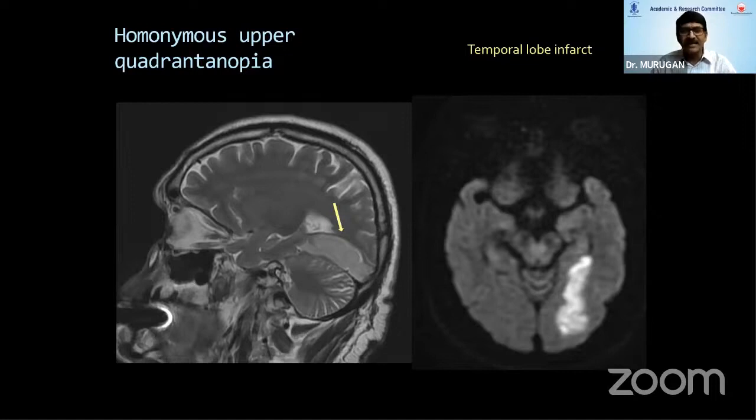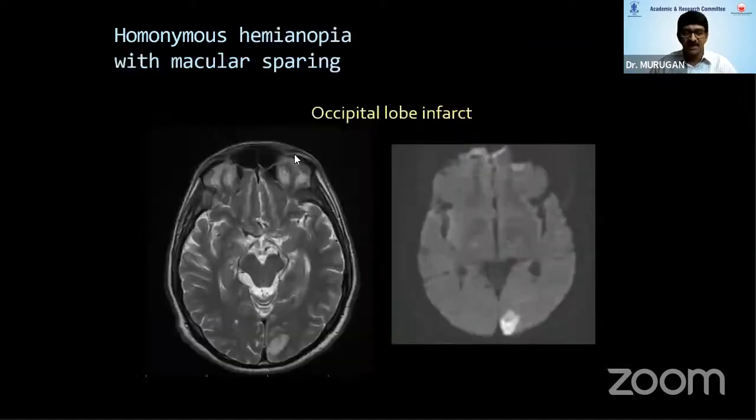It can pick up infarct much earlier, within a few hours of onset, especially in the brainstem. So in neuro-ophthalmology, MRI is very, very important and critical. And it can also pick up hemorrhage as well as CT scan. There's a misconception that CT is better for hemorrhage. No longer. MRI can pick up even subarachnoid hemorrhage much better.